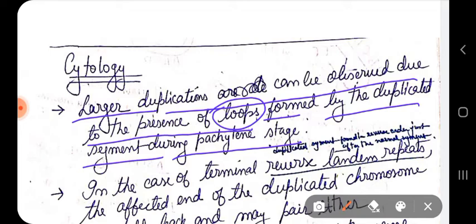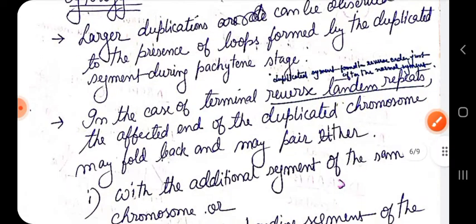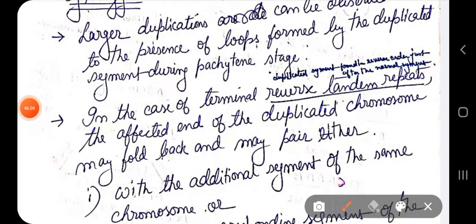Just like in the case of deletion heterozygotes, one chromosome from the homologous pair has the deleted segment, the other chromosome is normal, so the other chromosome will try to form a compensation loop in order to align with its deleted chromosome pair. Similarly, here also a loop is being formed, that can be seen especially in the packaging stage, because at that time your crossing over and alignment will take place.